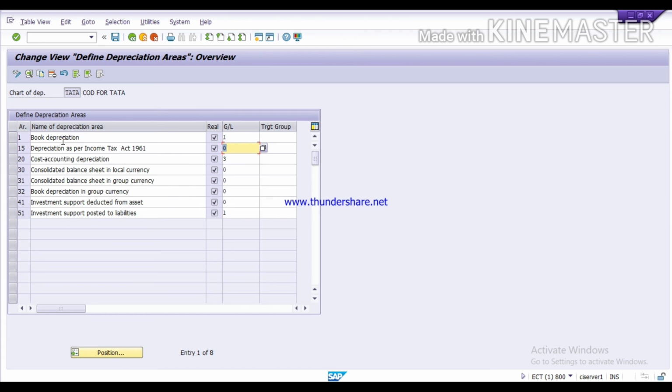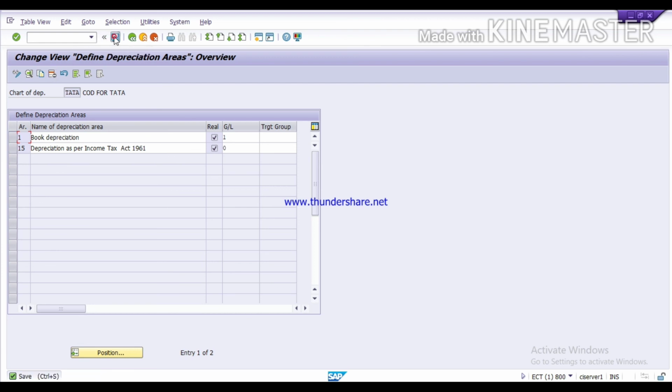So we need two depreciation areas, that is book depreciation and depreciation as per Income Tax Act, and the rest of the depreciation areas are not needed. So we will select the depreciation areas which we do not need in our company, and delete.